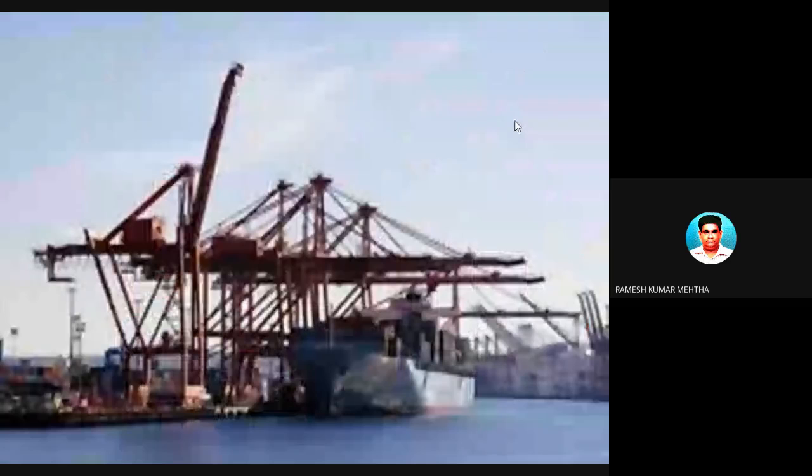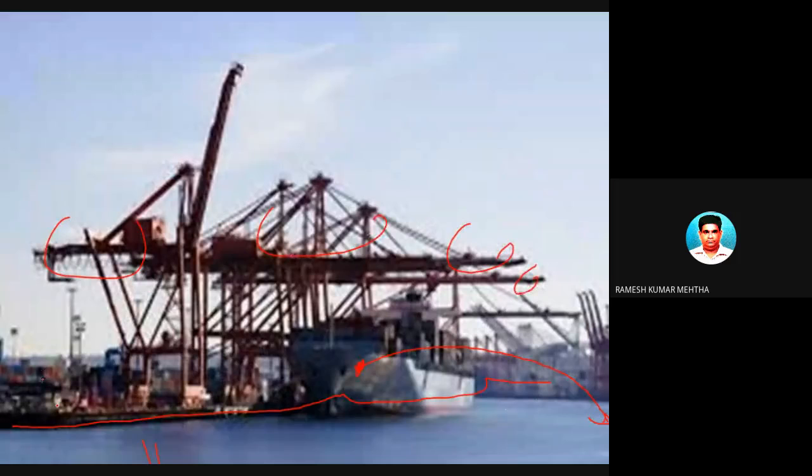So this is another port. This is the port here, and this is the water, and this is the small ship which ferries the goods to the big vessel, and this is the material handling equipment. These are all material handling equipments, which will be used in loading.